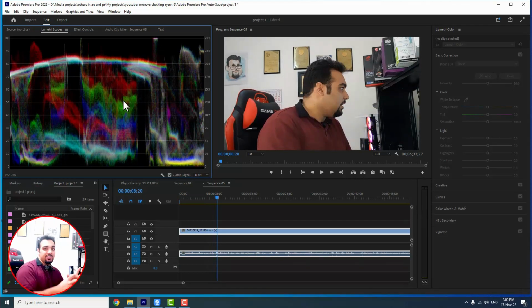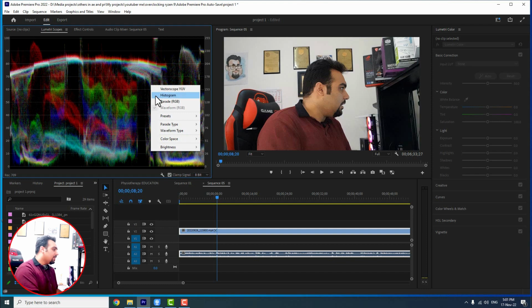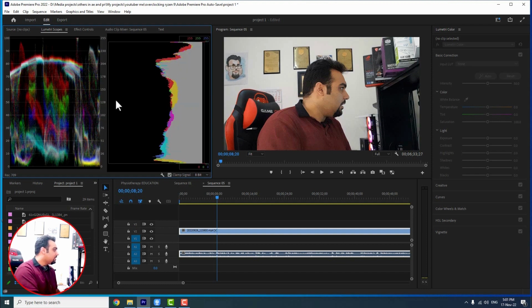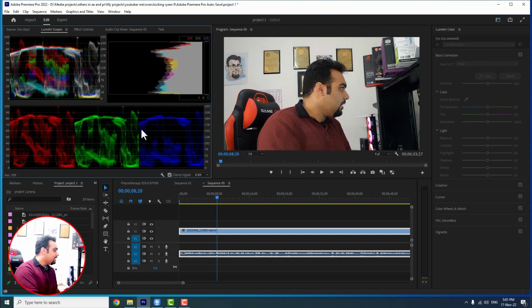This shows the spread of all the colors in your clip. It means that I have a lot of red in this part, I have white here, I have a lot of green here. It shows somehow the RGB colors available in my clip and how they are spread. You can easily right-click in this area and bring up the histogram, and then you can see the range of the colors, or you can bring up the parade, and then you can see different kinds of